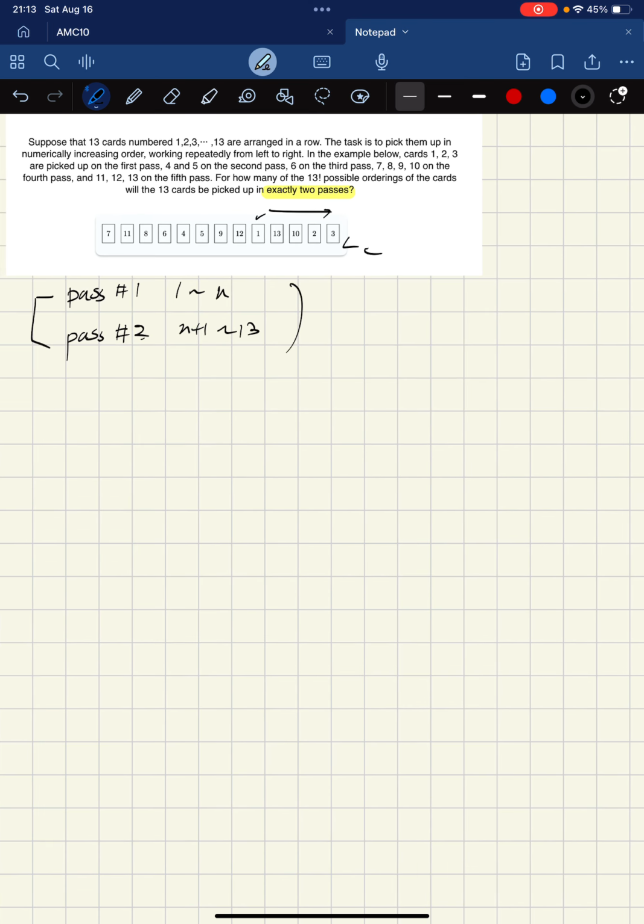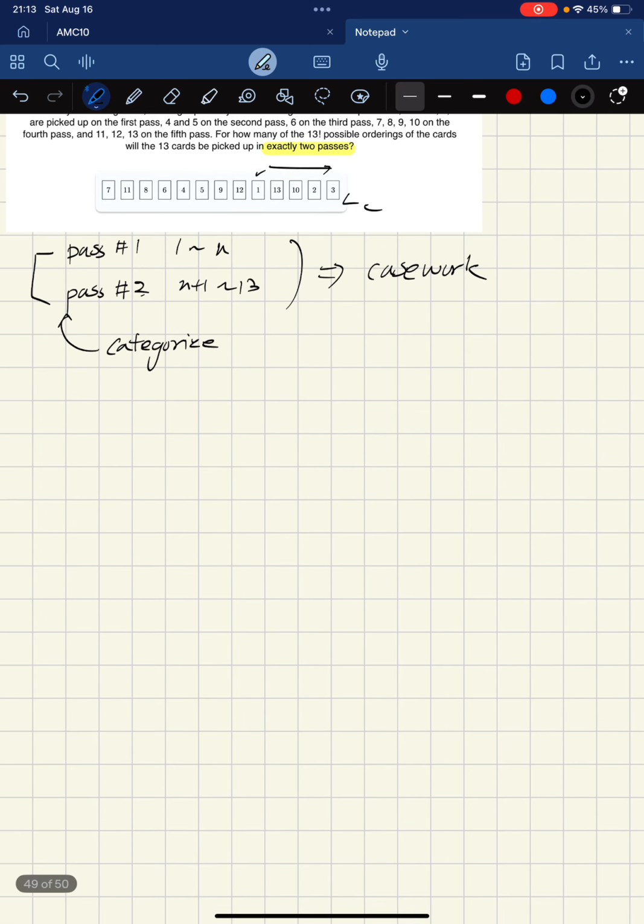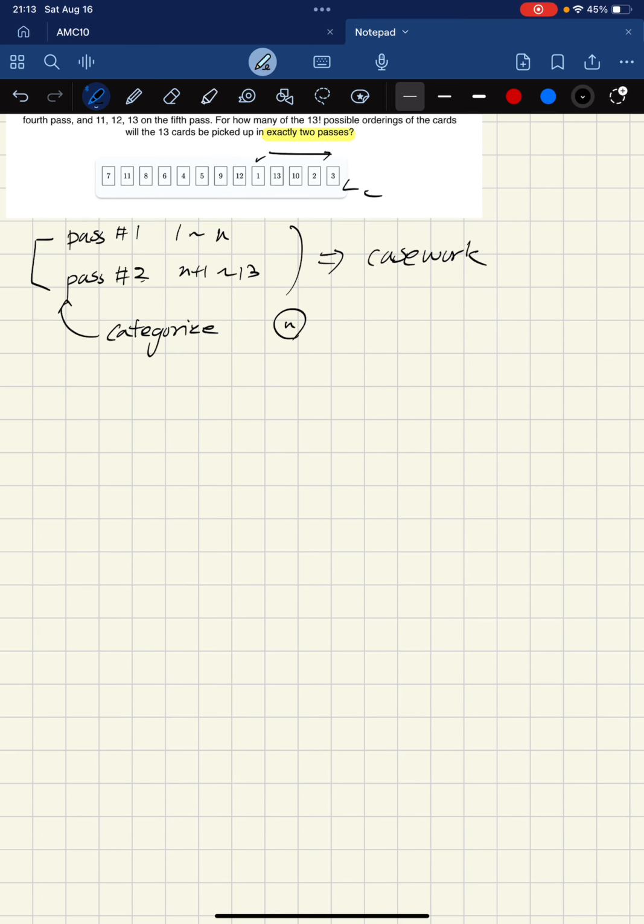When I think of this, I think of casework. Why? Because we essentially categorize them, and this is an important skill to note, because in those kinds of problems, probability or combinations, permutations, you can do casework, but it's easier to generalize at first like this. So categorize. How's the case gonna look? Well, in this case, we're only gonna change what n is. So let's see. First case,